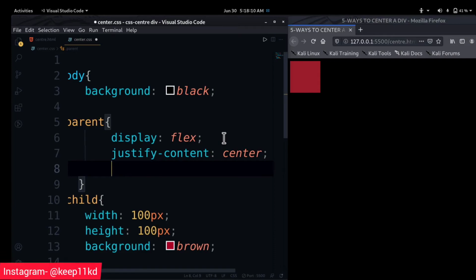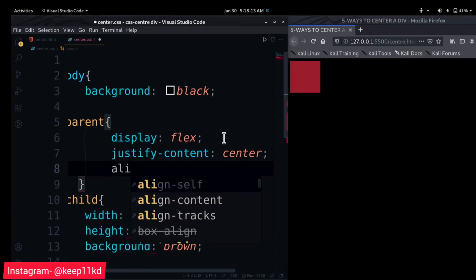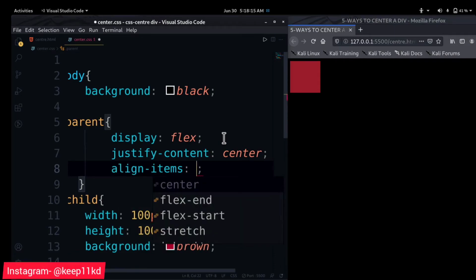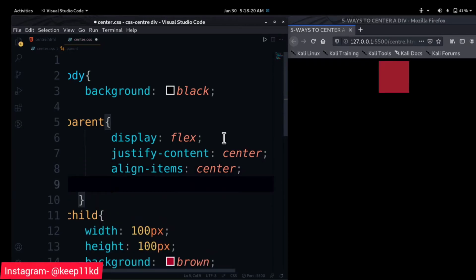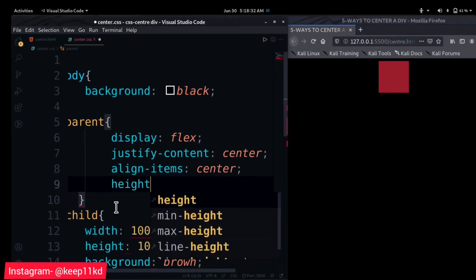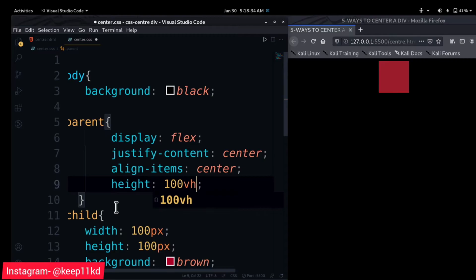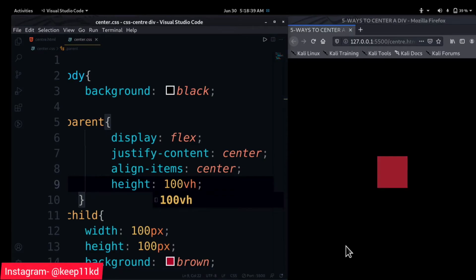Now align-items also has to be center. When we save, your item will be in the center. But it needs some height, so give it 100 viewport height. Now your element is in the center.